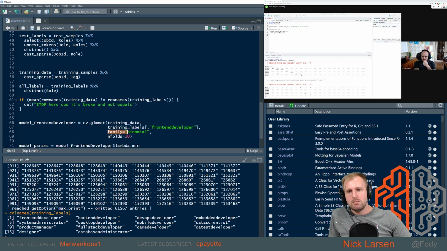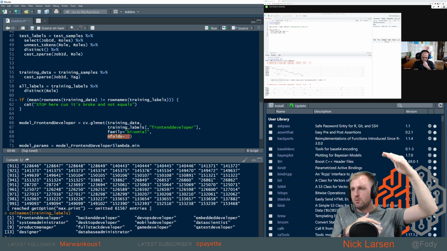By saying family equals binomial, we're telling it to use logistic regression, which is the binary classifier. I would draw that, but we're not going to waste the time on that. And then nfolds here is because we're using cross validation. What we're doing is we're saying take all of the input data that I give you, break it into 10